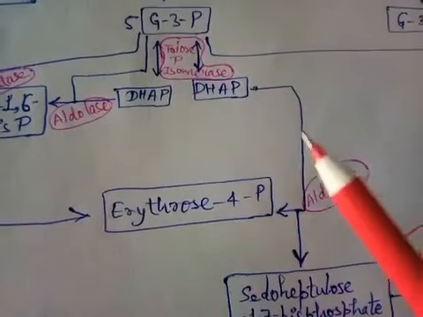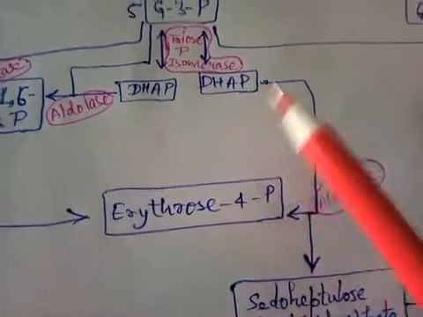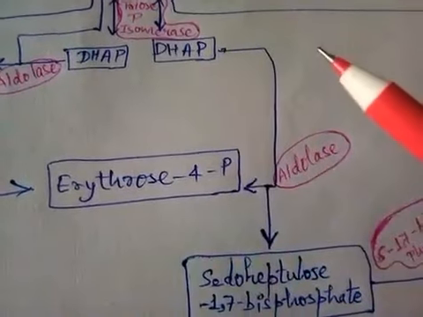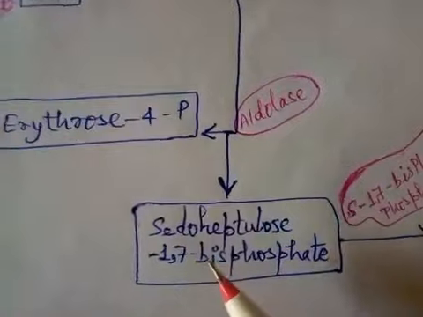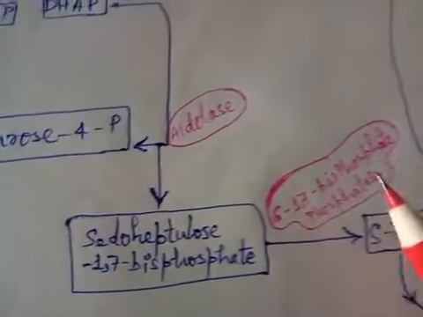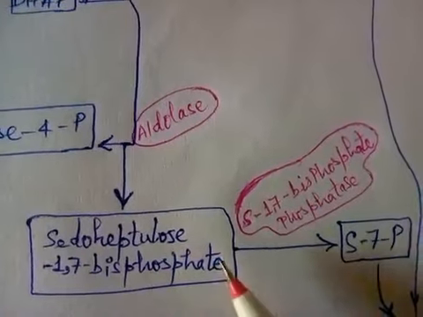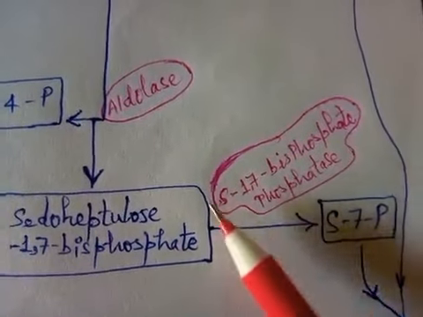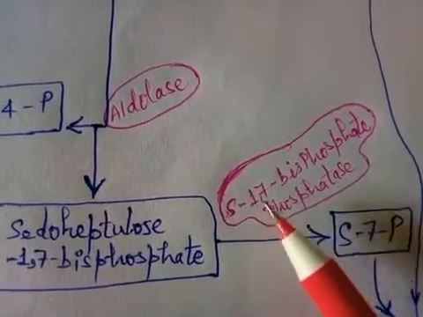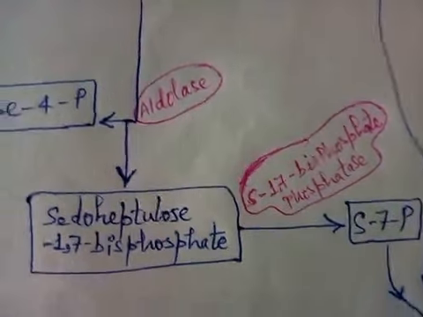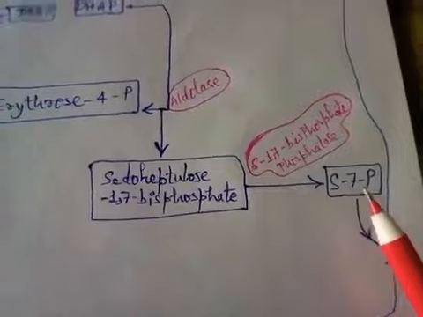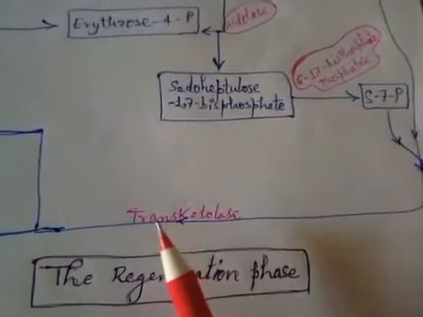Dihydroxyacetone phosphate is now combined with erythrose 4-phosphate. This is the second molecule of DHAP. It is combined with erythrose 4-phosphate in the presence of enzyme aldolase and converted into pseudoheptulose 1,7-bisphosphate. Further, pseudoheptulose 1,7-bisphosphate is converted into pseudoheptulose 7-phosphate in the presence of enzyme pseudoheptulose 1,7-bisphosphatase. Now, the last and 5th molecule of glyceraldehyde 3-phosphate combines with the pseudoheptulose 7-phosphate in the presence of enzyme transketolase